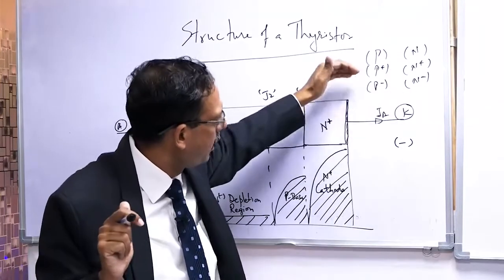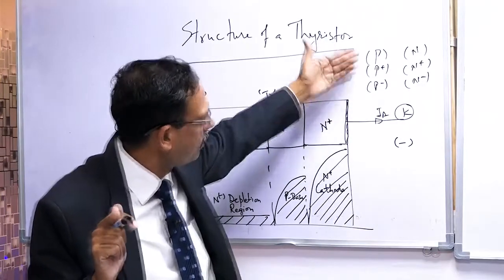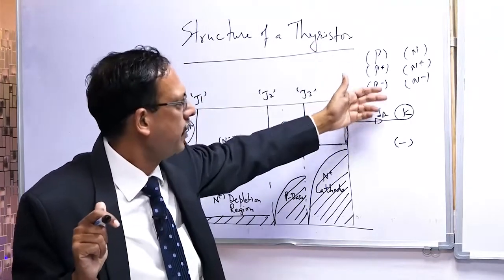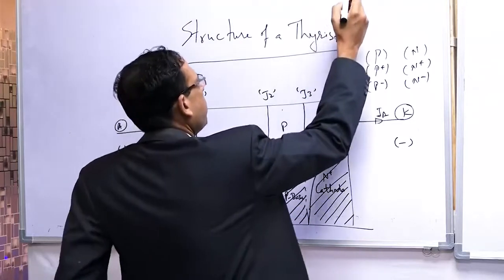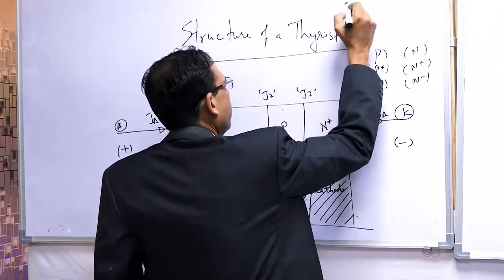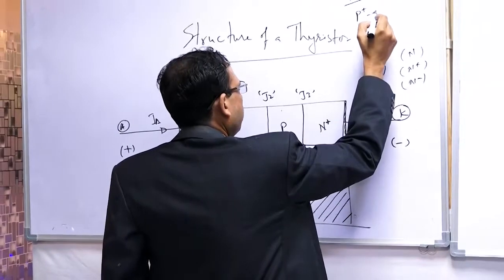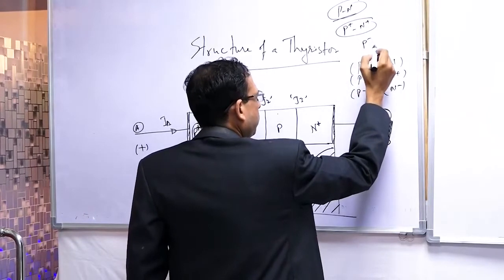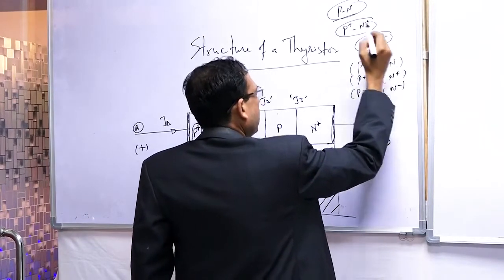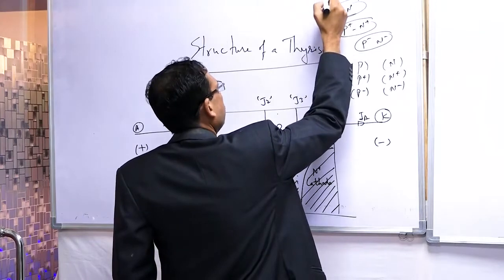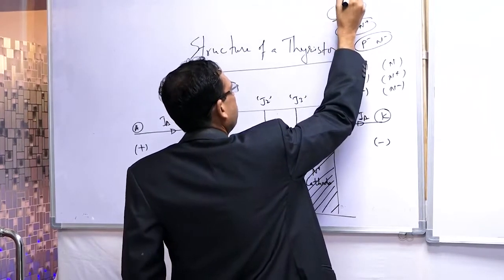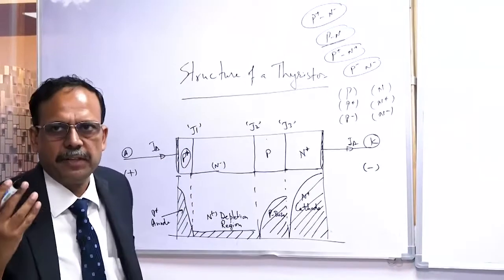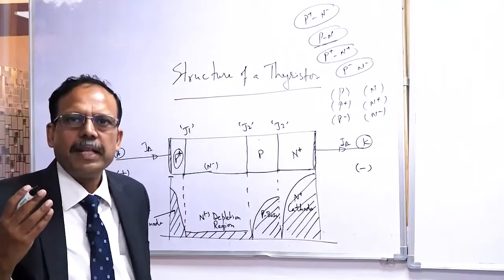Similarly, P plus means the doping is more than the normal doping, and P minus means it is less than the normal doping. Now I had told that if a particular semiconductor has a PN junction, another has a P plus N plus junction, and then a P minus N minus junction, and one is a P plus N minus junction, which is going to have more depletion layer when reverse biased? Do you remember that I had discussed this?